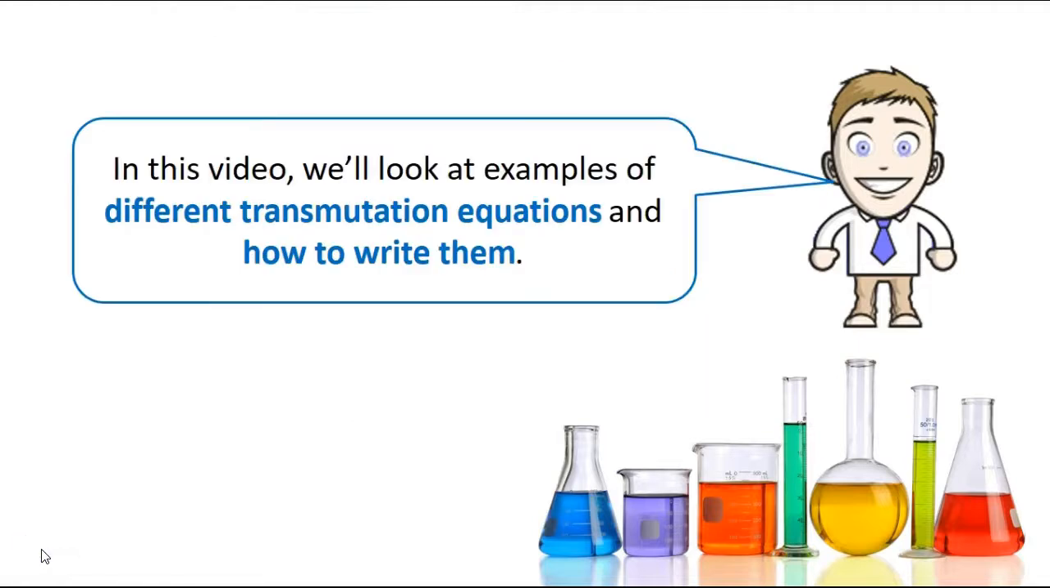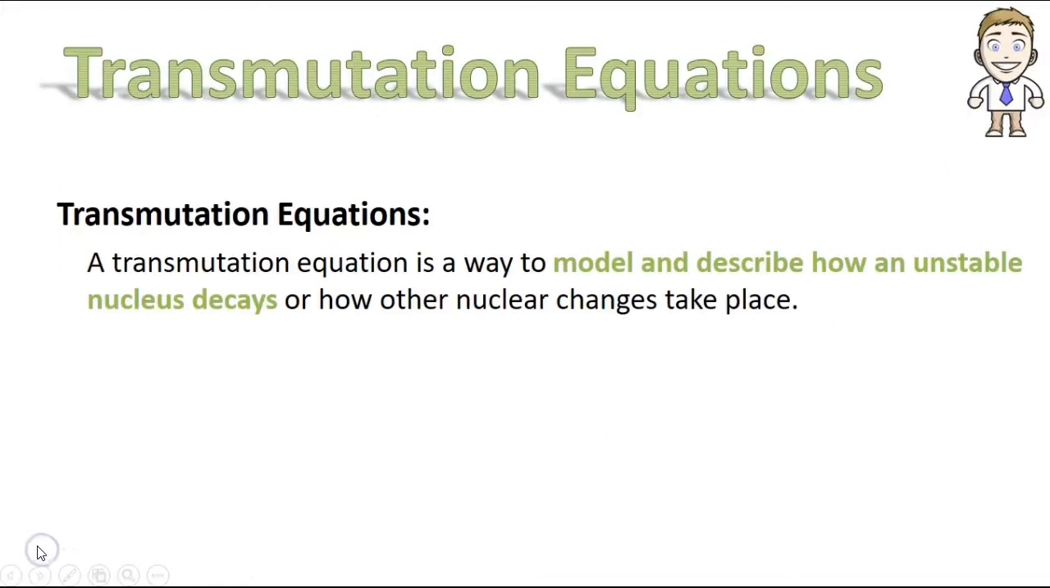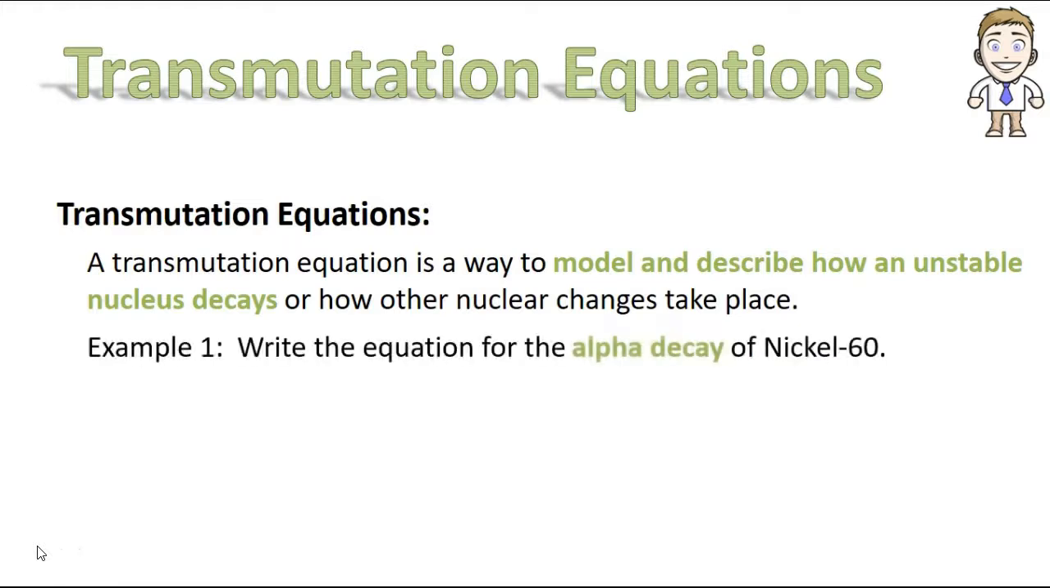In this video, I'm going to show you how to actually write some different examples of transmutation equations on your own. So first, just remember that these transmutation equations are simply ways to model and describe how unstable nuclei decay, also can be used to represent other nuclear changes. And the first one we'll do is a simple alpha decay like you saw in the last video for the atom nickel-60. So to start off, remember we write the equations almost like a before and after, and before the